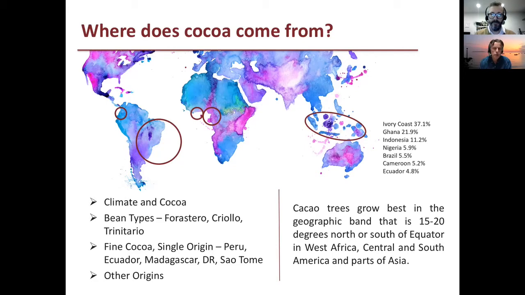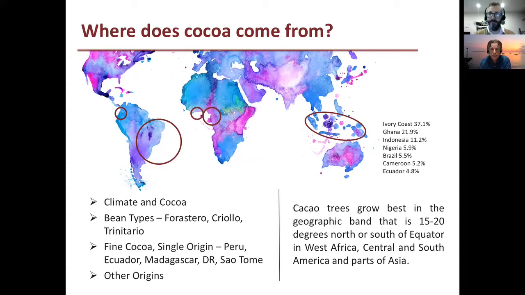Now, the cocoa from those countries is referred to as fine cocoa. This is basically cocoa where the characteristics of the country translate into the cocoa. So, for example, cocoa from Peru is thought to have a particular flavor to do with red berries. So that would be described as a fine cocoa. And about 4% of the world's cocoa is classified as fine. It doesn't mean there's anything wrong with the other 96% cocoa in the world, but it doesn't have such characteristic or distinctive flavors.